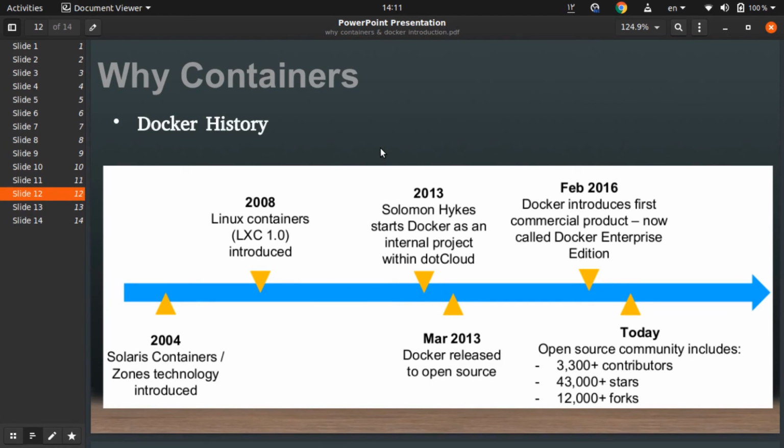And in March of 2013, Docker was released to open source. In February of 2016, Docker introduced its first commercial product, now called Docker Enterprise Edition. And today we have an open source community of more than 3,000 contributors and more than 40,000 stars.